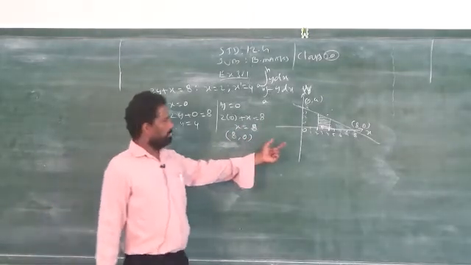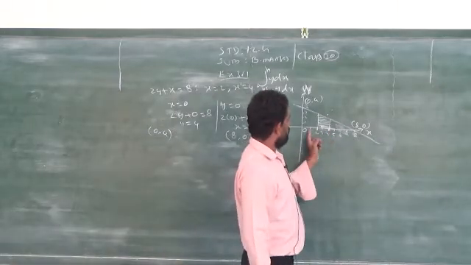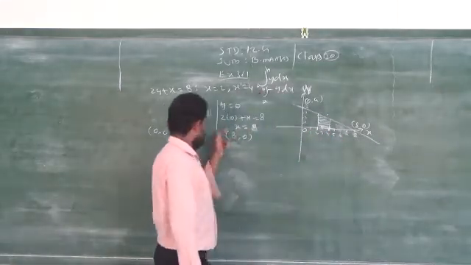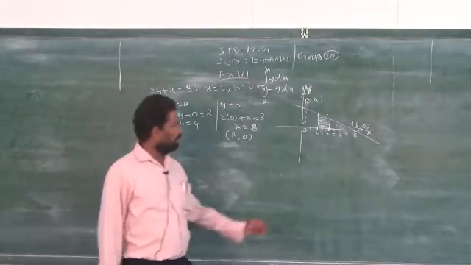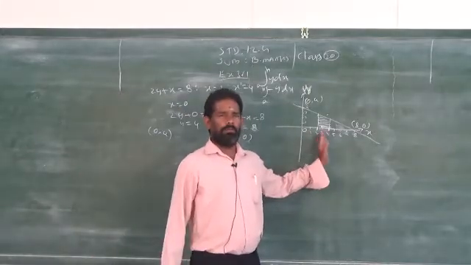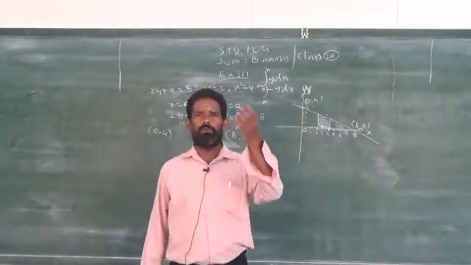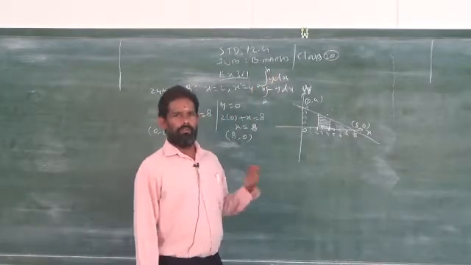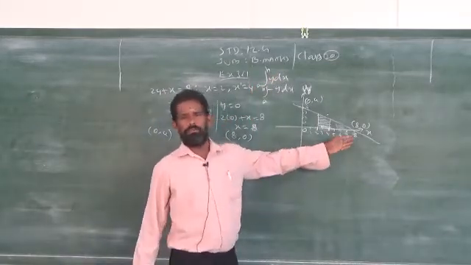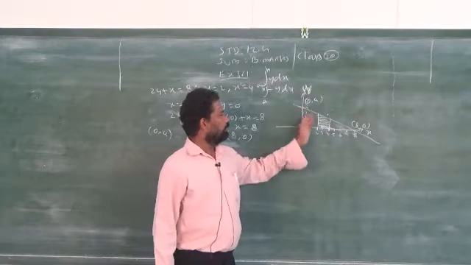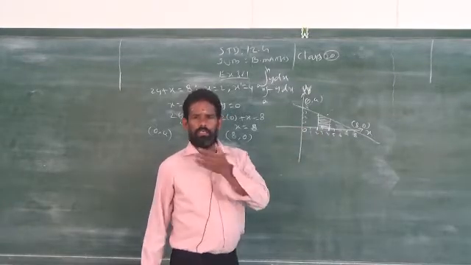Clear. Approximately you have to take equal distances, like 1 to 8, depending on the values of x and y. No need to take even 1, 2, 3, 4. When the numbers are more, you can take even 2, 4, 6, 8, 10 or 5, 10, 15, 20. This you know very well. How do you plot the points on the graph? This you studied already in 10th standard.